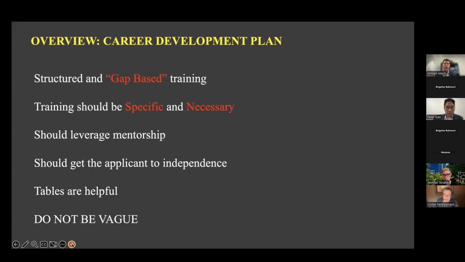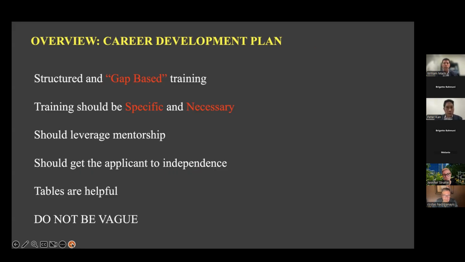I put together just an overview slide, and I think these are phrases that come up all the time. I think it's important on these career development plans and the way of thinking of one's career development to be gap-based and structured.